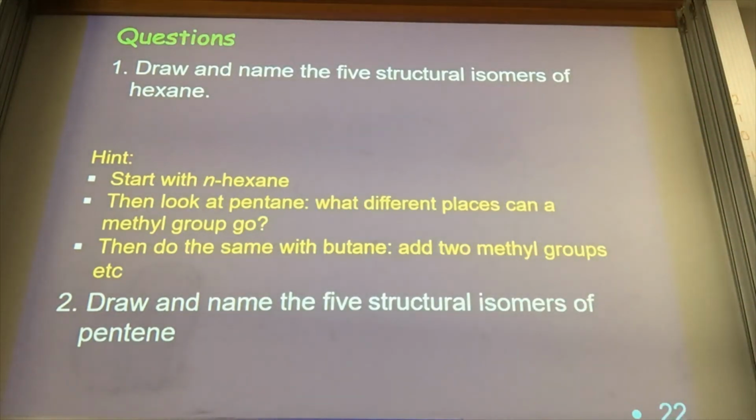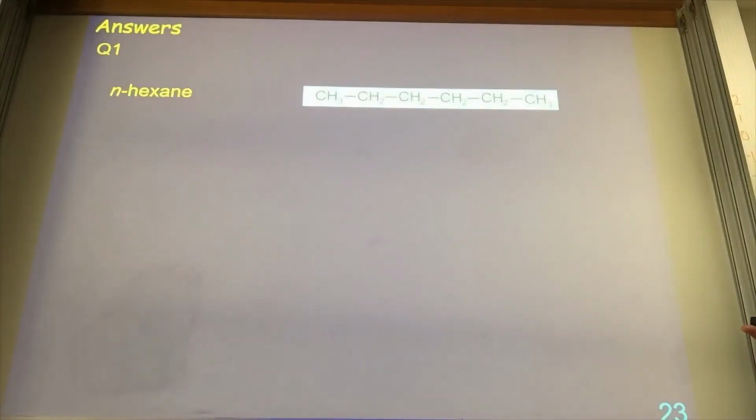Structural isomers of hexane and pentene. As I've said, start off drawing the parent alkane, well that's all you've got in question 1, and then in question 2, put the double bond in all the places in each one. So start off with hexane, start off with 6 carbons in a row, n-hexane, then take off 1 carbon, so